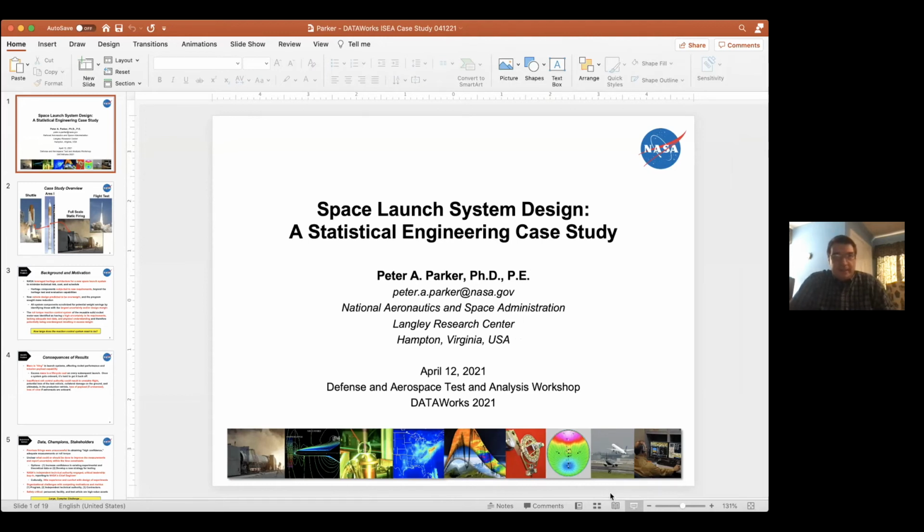This particular case study involves taking heritage architecture from the space shuttle, one of the reusable solid rocket motors that was flown as part of the space shuttle system, and using it in a single rocket, single stick configuration, a concept vehicle that was known as Ares-1. And in order to do that, there was some testing done. And in that testing, the rocket engine is laid on its side. It's bolted to the ground, bolted to a measurement system, and it goes through a full-scale firing. The picture there in the middle with that plume of flames coming out is a picture taken from that test stand in Promontory Point, Utah.